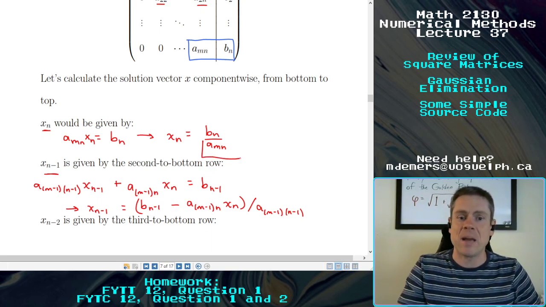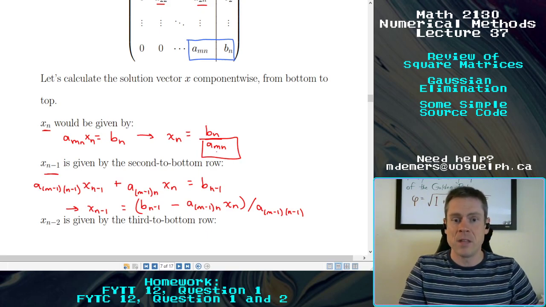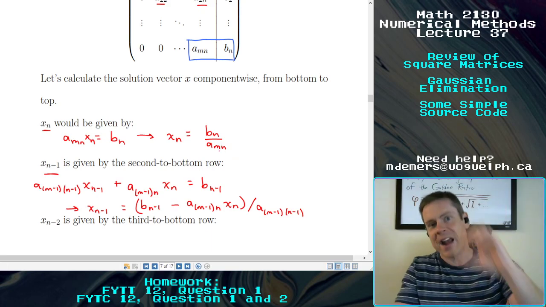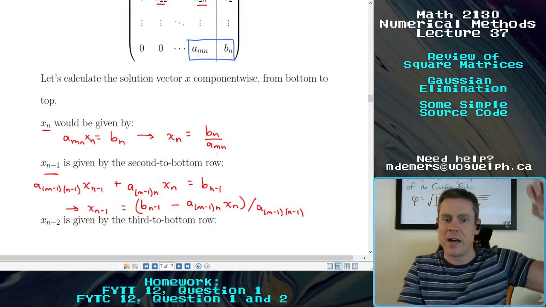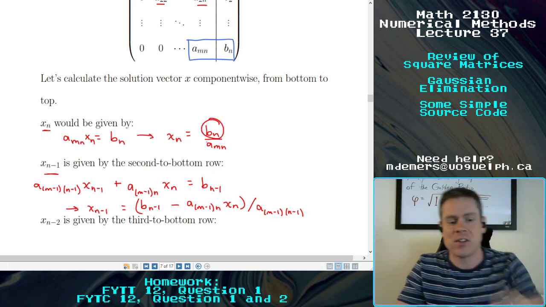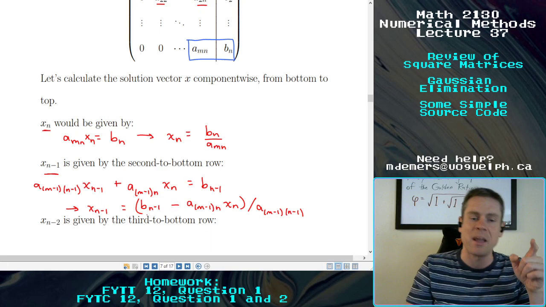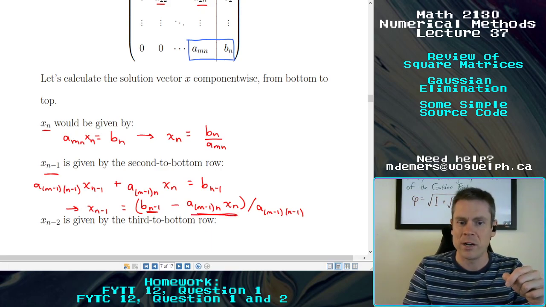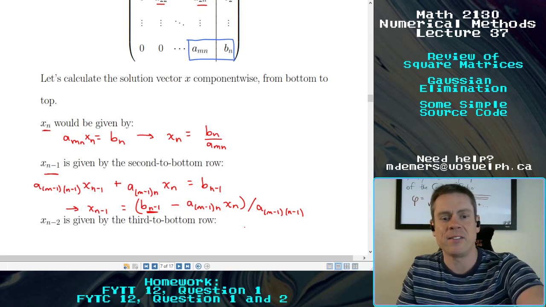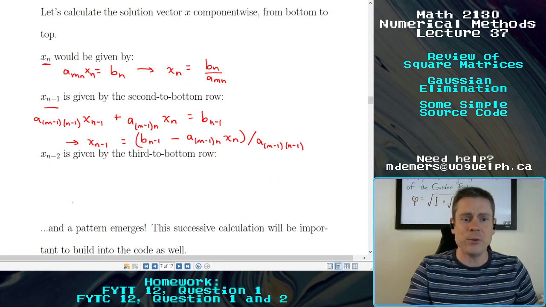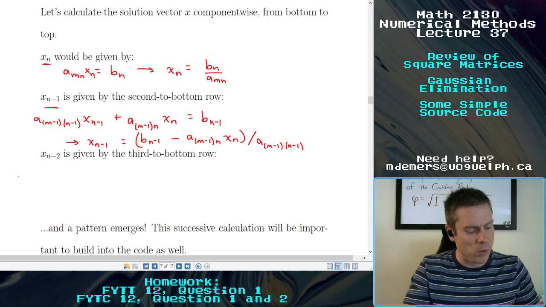And look, in the first step, we divided by this diagonal entry, the one in the bottom right corner. So it looks like we're always going to be dividing by the next diagonal entry up. But each step, we had a bn on the top before. In this one, we're taking b(n-1) and subtracting this quantity right here. Let's see if we can establish a pattern by doing this one more time. So if we do xn minus 2 and extend this whole thing, we're going to get here